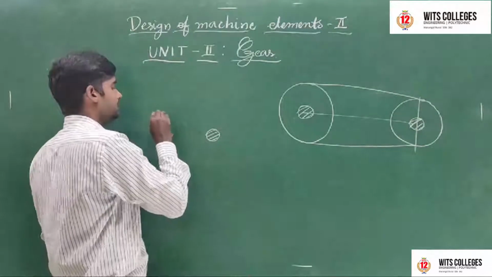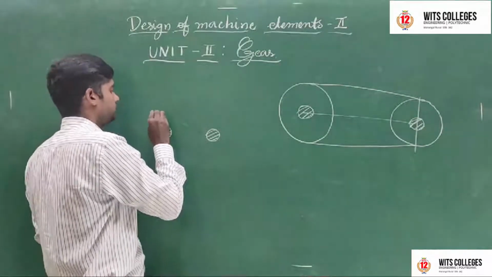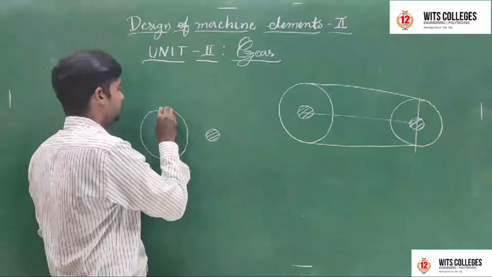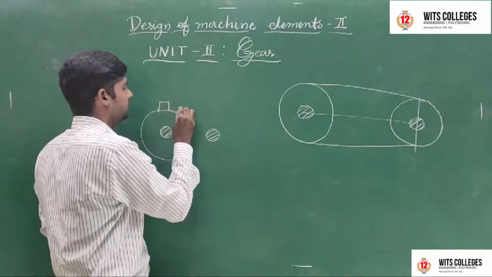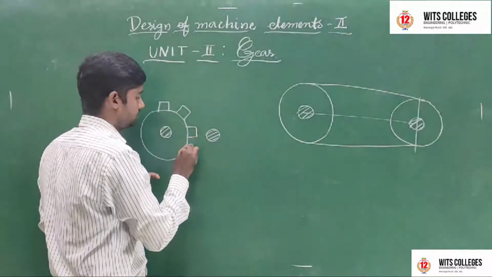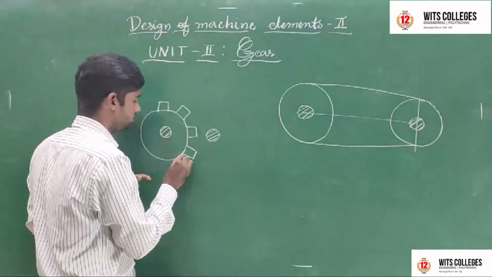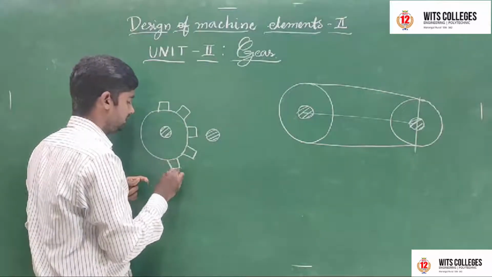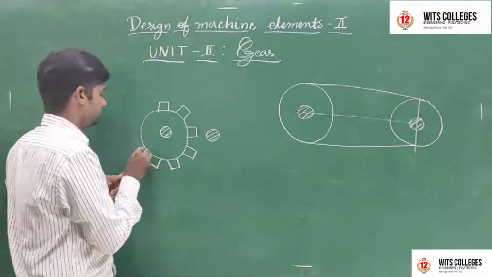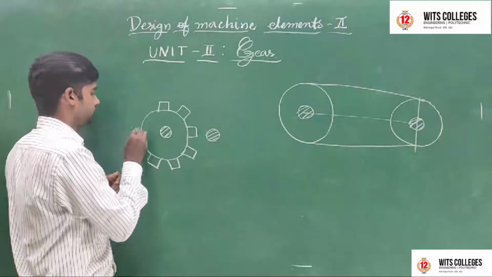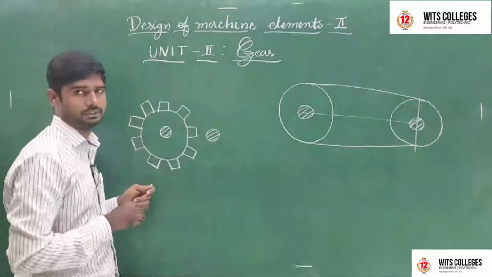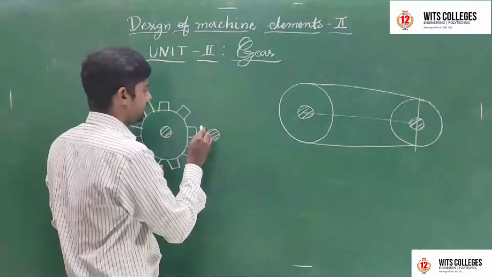We are using gears for this, gears like this. I am designing and drawing gears like this, one of the simple example figures. There are two gears, and these two consist of some number of teeth. I want to draw a simple example figure for understanding purposes. This is one gear, and another gear is also like this.